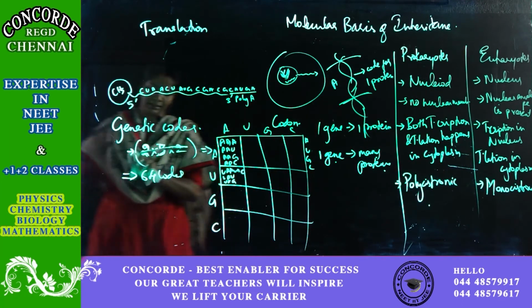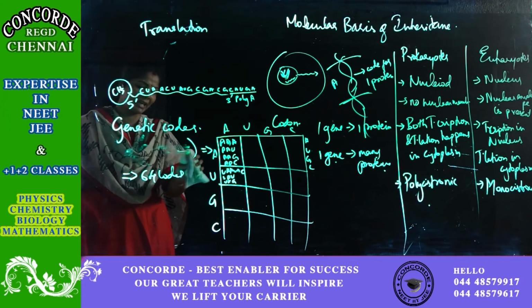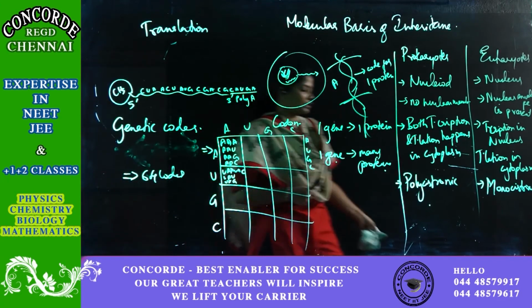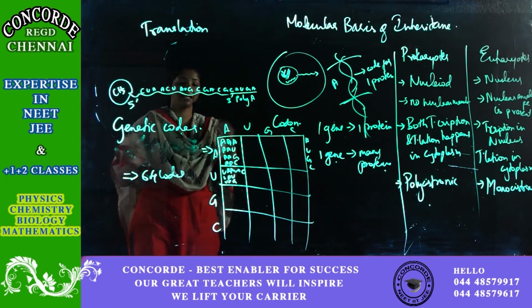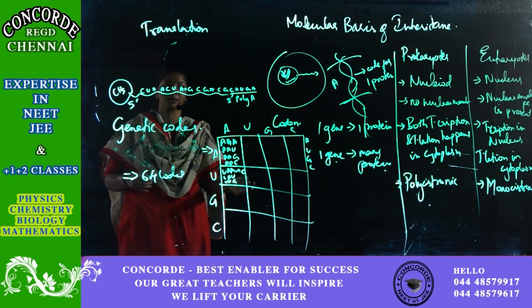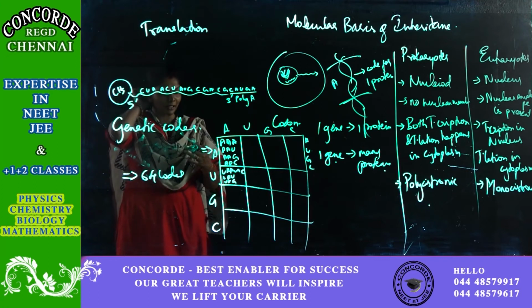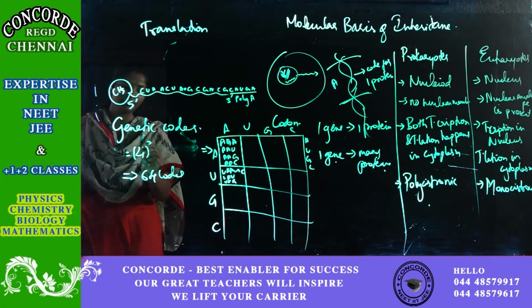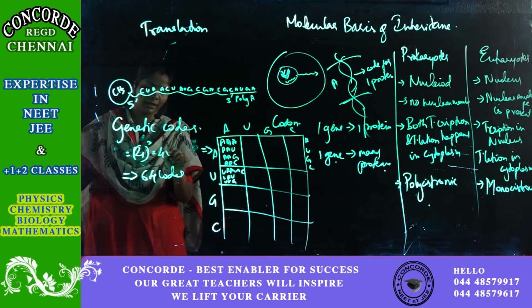This was worked out by a scientist called Khorana. He was breaking his head: there are 4 nitrogenous bases, these many codes, these many amino acids, so how many combinations do I have to take? He figured all this out and concluded that there are totally 64 codes. The formula is 4 power 3. There are 4 bases and 3 letters in each code, so 4 into 4 into 4, that is 64.